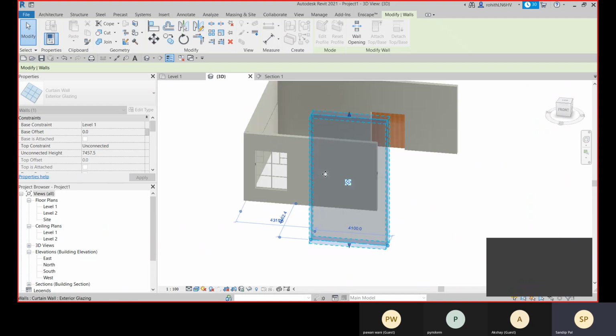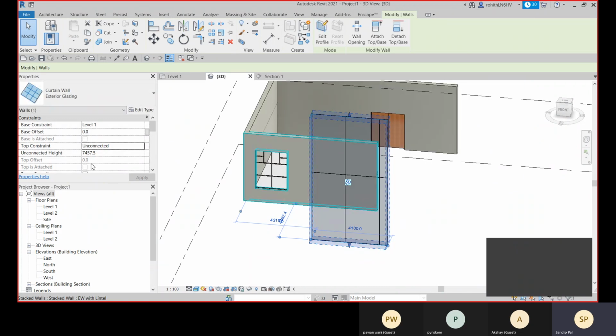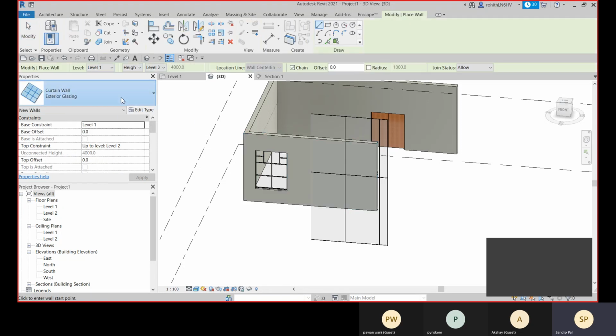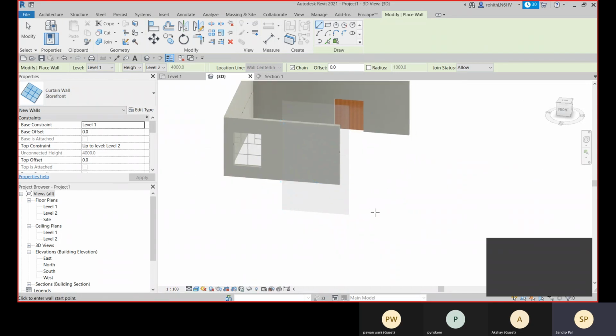And when I have changed the height, I'm getting this horizontal grid, as because for the horizontal grid the distance was 4000. After 4000 this grid will be placed. So this is available here with this horizontal and vertical grids, and after that you can go with the mullions and you can place it here. Okay, and also go for the storefront, where you will have all these things together.